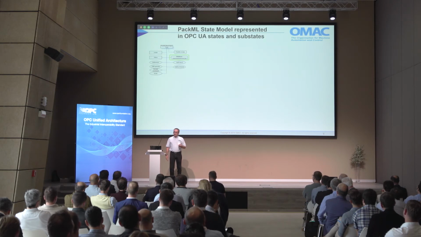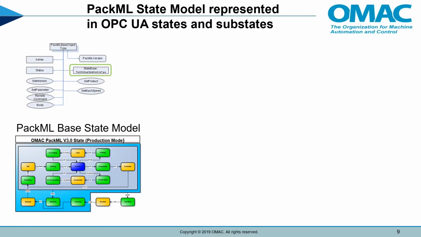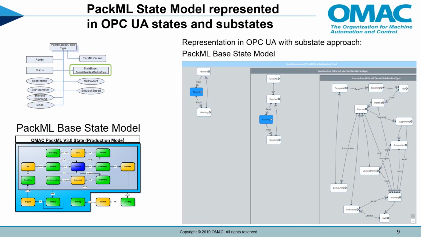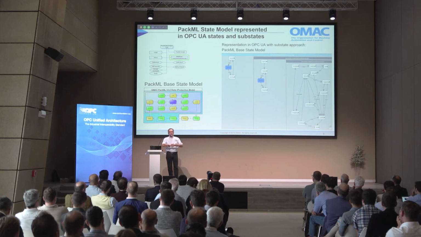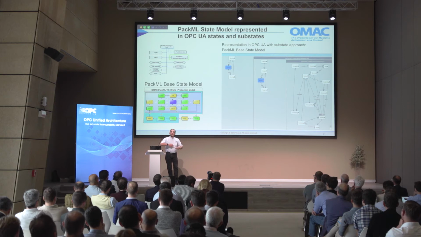Just as an example here, when you represent it, for example, you have here a state machine on top. That's, top left is paper. This is an OMAC PackML version 3 base state model. And if you look with the OPC UA client to the state machine, you see how this interface is represented in OPC UA, and you can find all the transitions, all the states are there. So that means from paper, you start, we take as base the PackML base state machine model